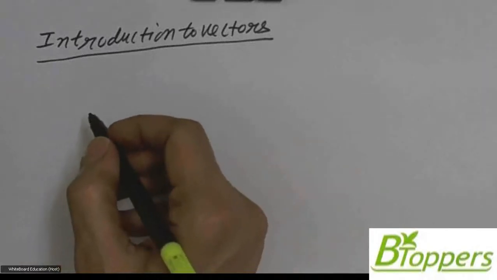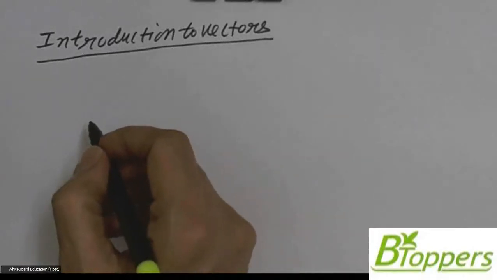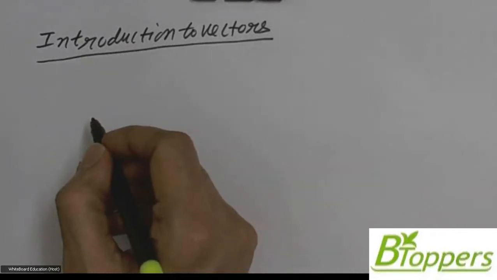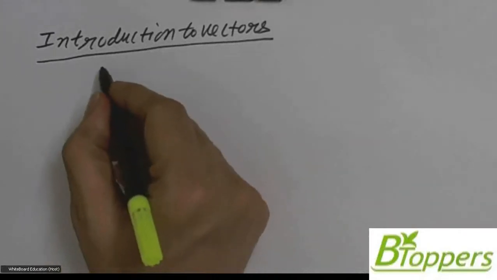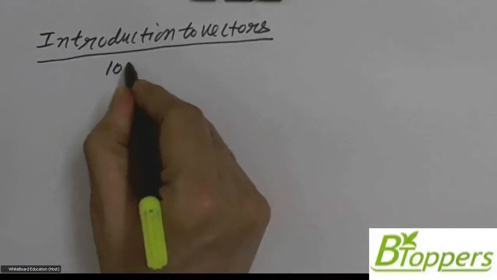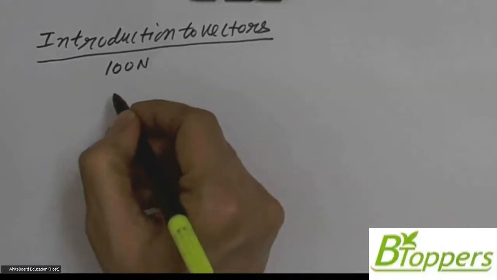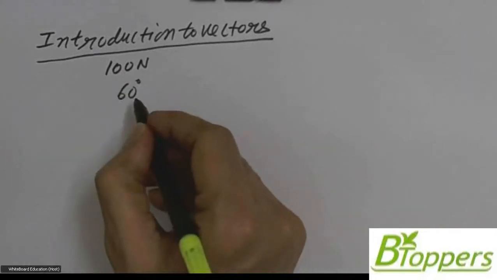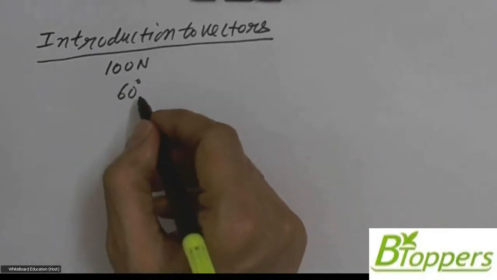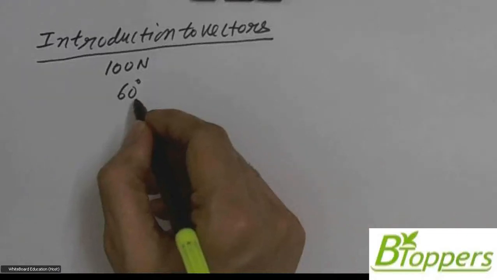Now a physical quantity which has both magnitude and direction and which can be graphically represented by a directed line segment is called a vector quantity. Suppose you want to express a force of magnitude 100 Newton which acts at an angle of 60 degrees above the horizontal in the vertical plane, then